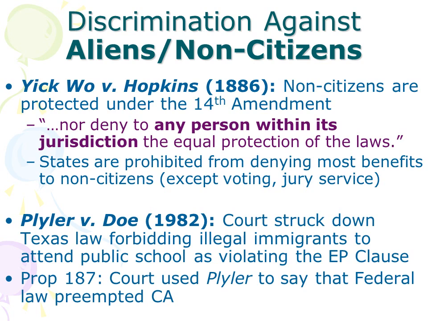1982, we had Plyler versus Doe, and this case struck down a Texas law. The Texas law forbade illegal immigrants to attend public schools, and the court came in and said, no, you can't do that. Just because they're illegal immigrants, just because they're non-citizens, doesn't mean that they are not protected under the Equal Protection Clause. In fact, they're under this jurisdiction, and so you cannot have a law which forbids them to attend public school. Prop 187, you may remember some years later in California, California tried to overturn this and say